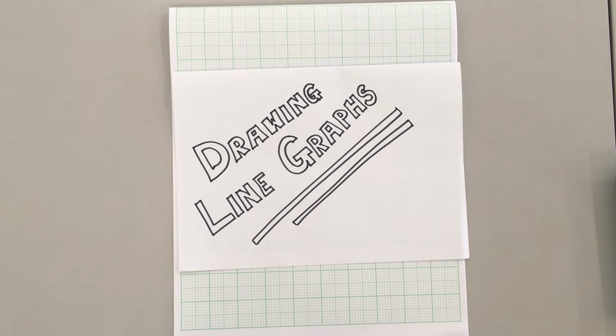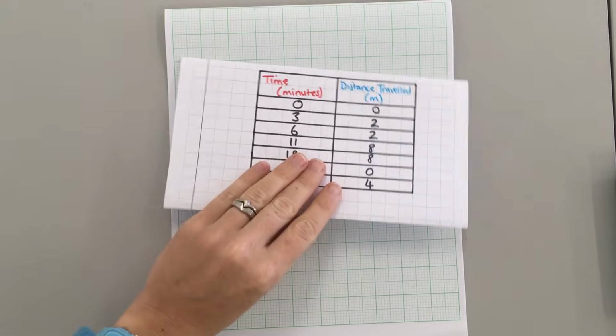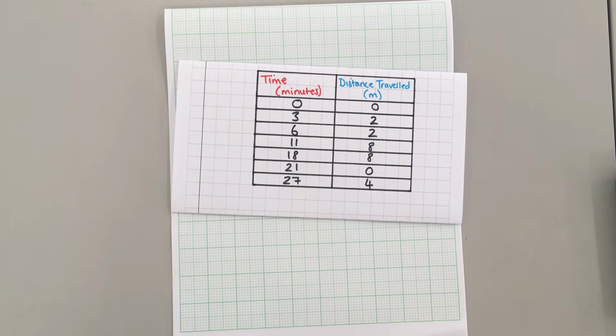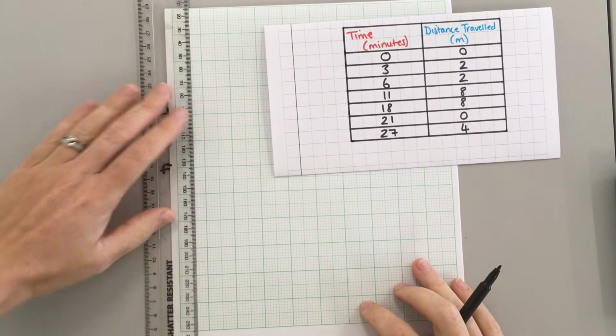Drawing line graphs. You will need a ruler, a sharp pencil, and a piece of graph paper. We're going to plot this results table, drawing our graph. To make my graph stand out a little bit more easily, I'm going to use felt tip pens rather than